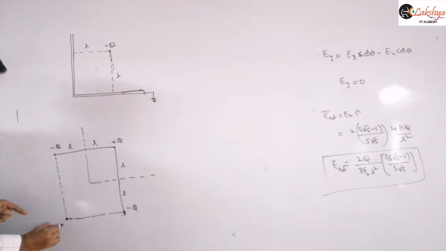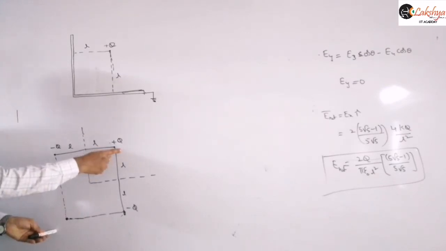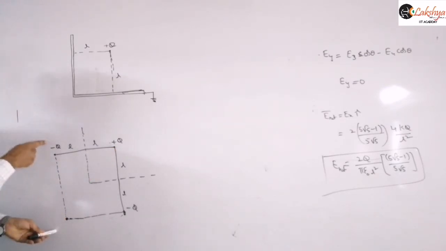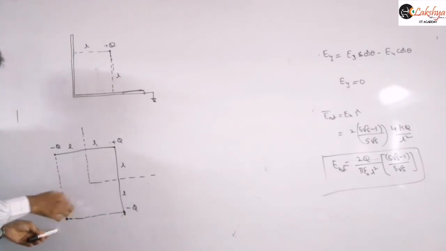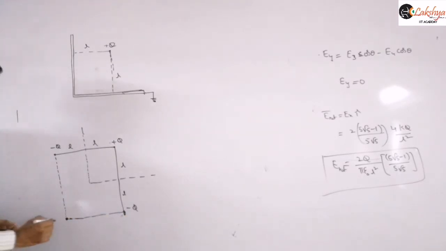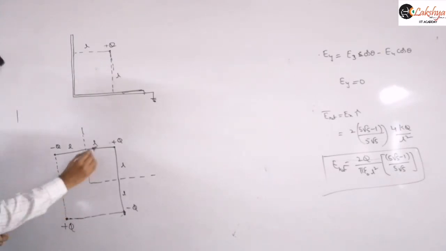And so this charge, can you say the sign of this charge now? Whether it is positive or negative? That means actually this is not the direct image of this, right? It is the image of either this charge, or you can consider this as the image of this charge. Both the images will coincide at this point here. And so this charge must be positive, opposite to this. Got it? And so now this total distance will be 2L, and so this is 2L and this is 2L.